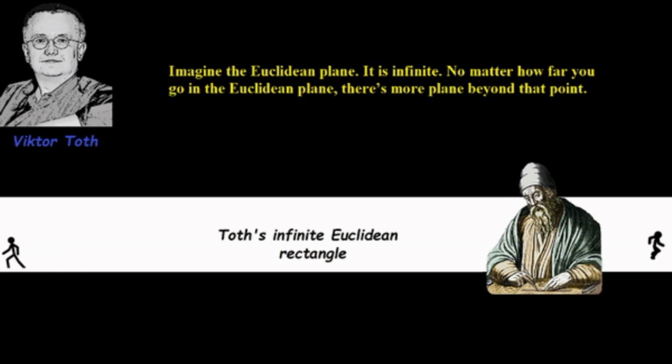Imagine the Euclidean plane. It is infinite. Absolutely not. There's no plane that is infinite. But that's what he was taught, and he just repeats it, by rote. Just regurgitates it. No matter how far you go in the Euclidean plane, there's more plane beyond that point. Well, if that were the case, you would not be able to tell the difference between a rectangle, a square, a circle, a triangle, because if it extends forever and you're in the middle of it, how do you know what plane you're talking about? In fact, you don't even know if it's a plane because you're on one side of it. You can't see the other side because it extends forever. So you can't cross the plane to the other side.